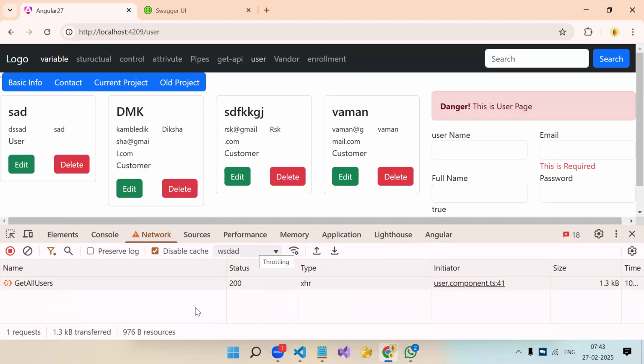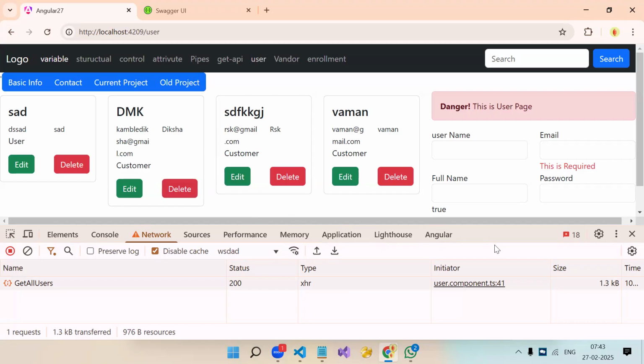What I want to do: if your API call is taking some time, here you will have an empty screen, right? You won't get to see anything unless the API call data is there. So by that time, while the API call is in progress, we can show a loader over here. That is what mostly we do when we work on an Angular project or any web project. Whenever an API call is in progress, we have to show the loader so that the user will know something is going on. And once the API call is successful, we have to hide the loader and then show the cards or the table, whatever we have.